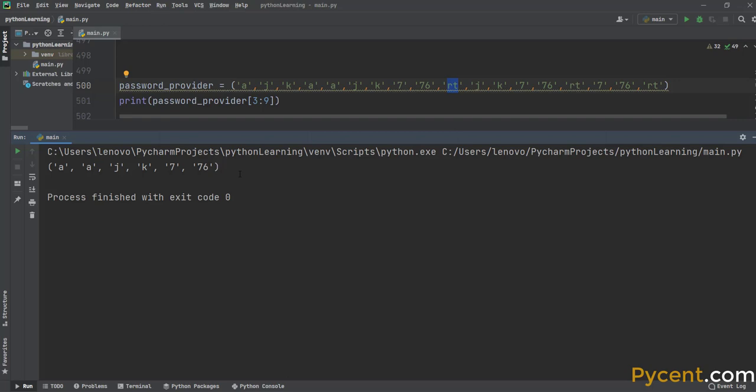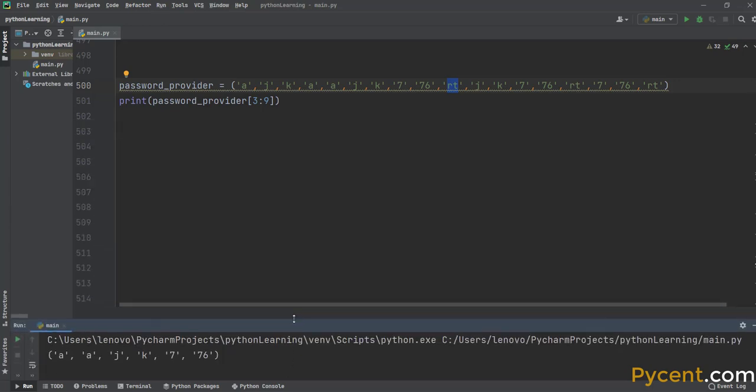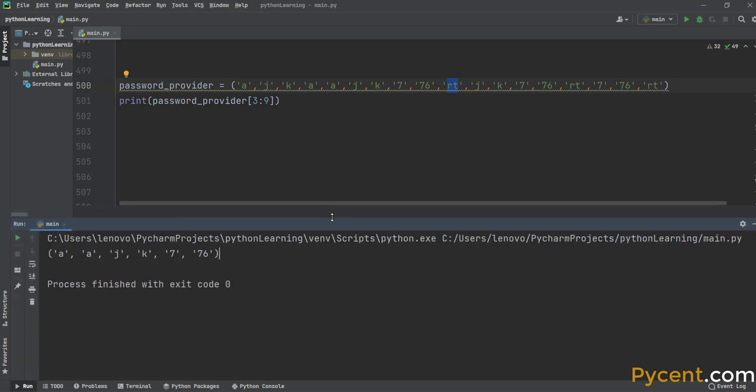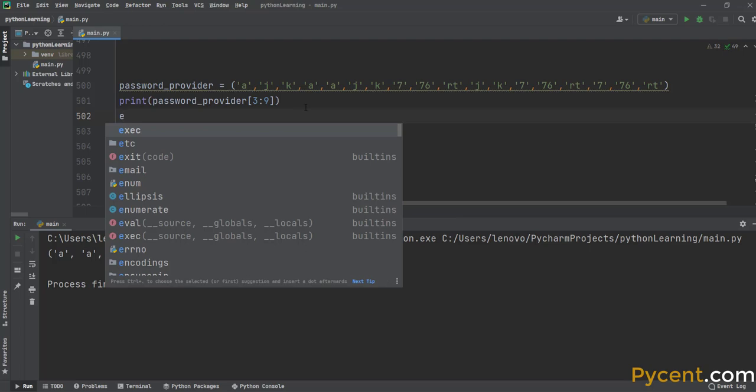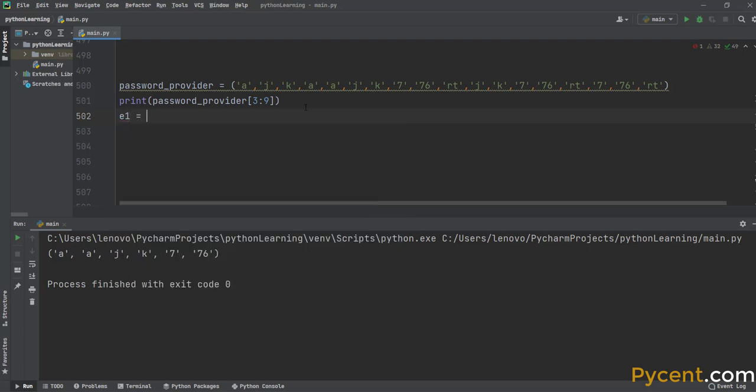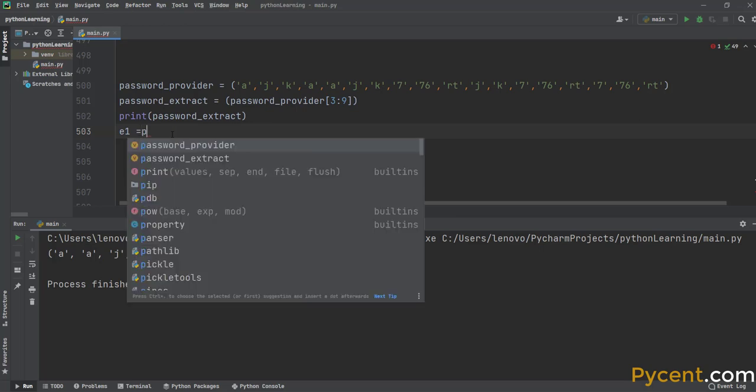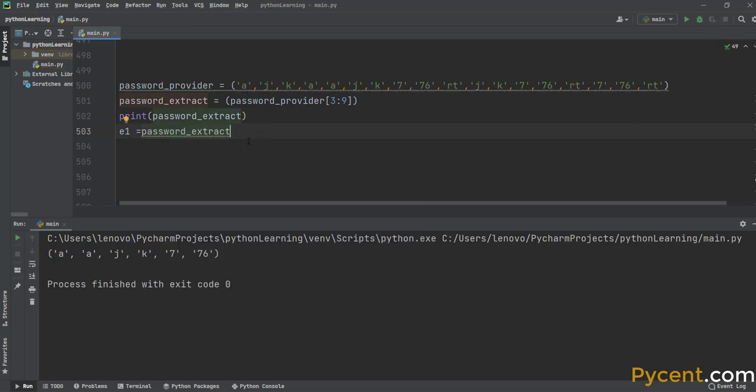We can also write a code extracting the elements from this and giving the suggestion. So how would I do that? So I can give in a suggestion, say first suggestion, first extract. So let me give it as E1. E1 is equal to, now I save it. Okay, that would get the things printed. Now what I'm going to do is I'm going to have a combination here. So I will take password extract of 2, and then